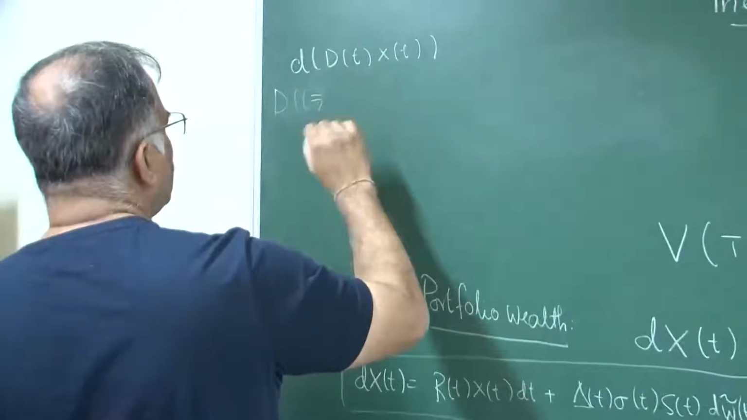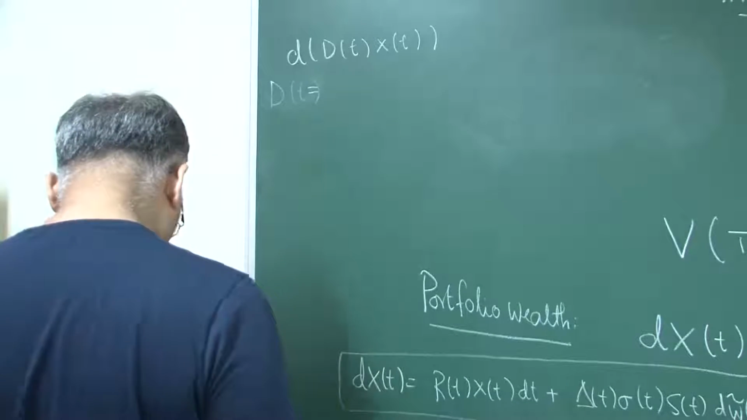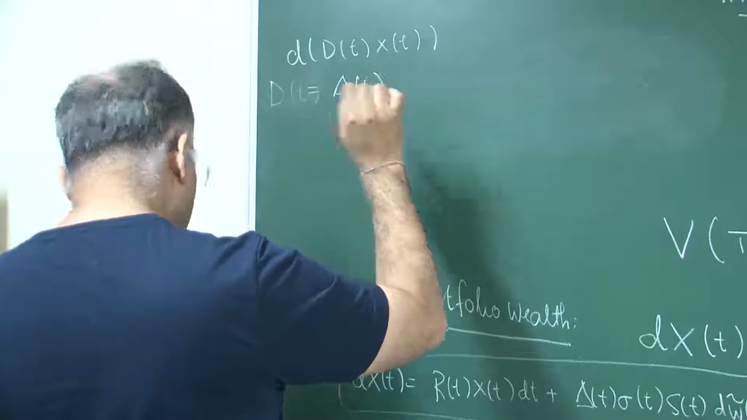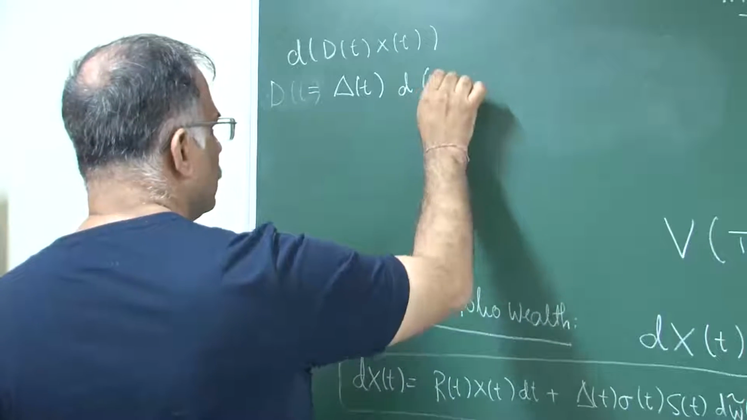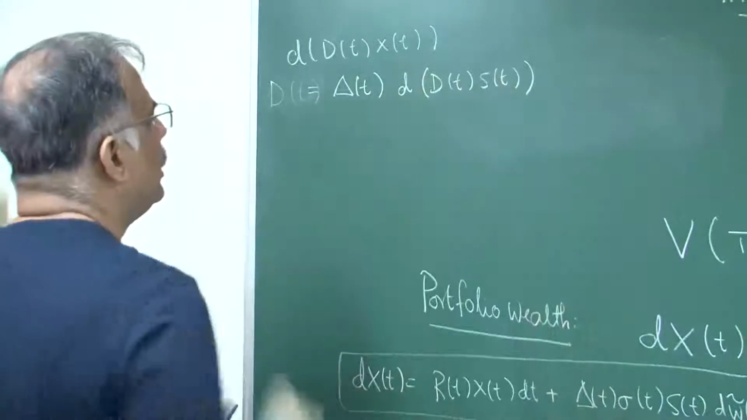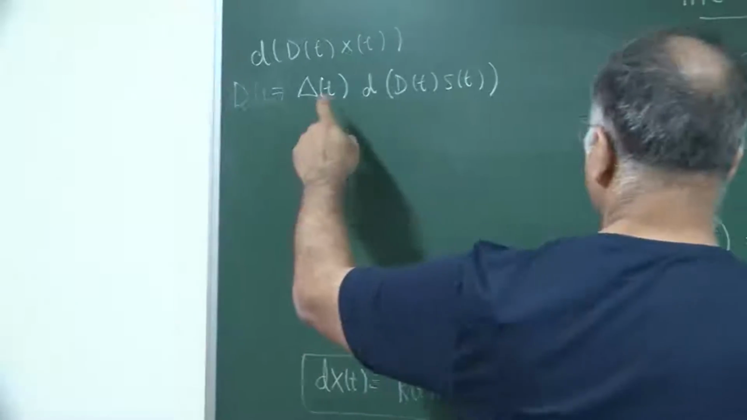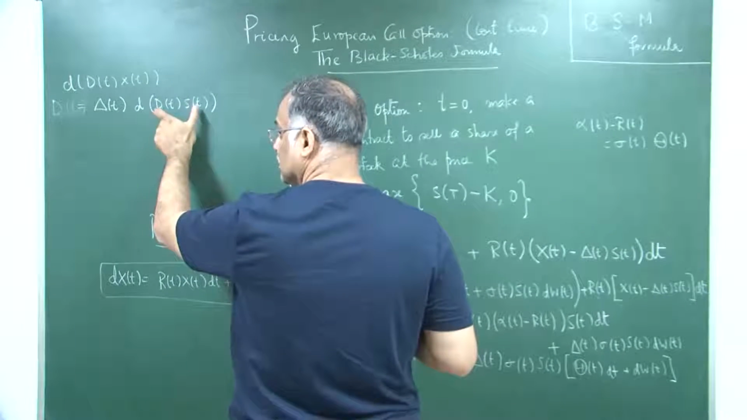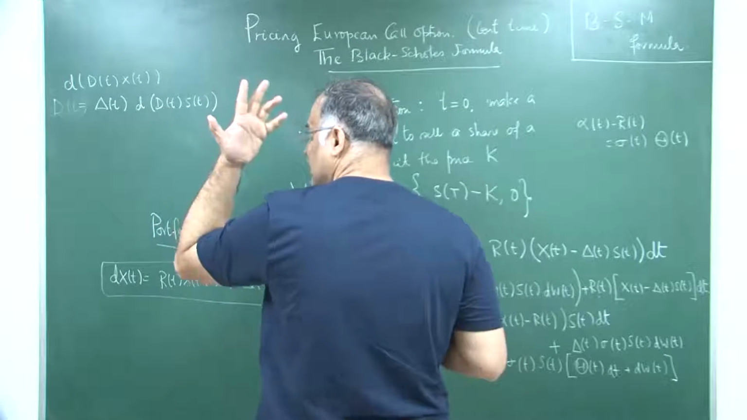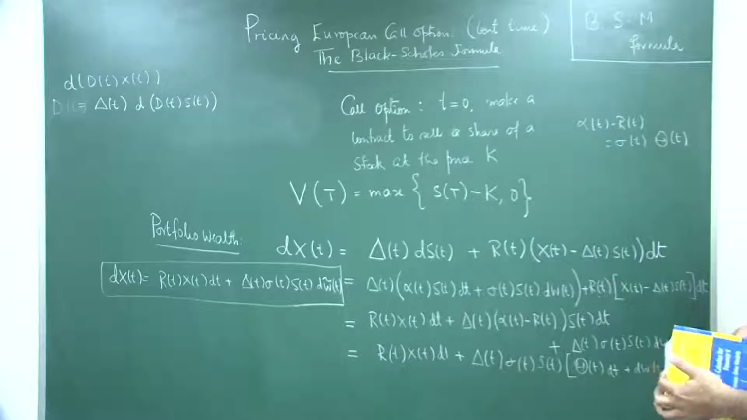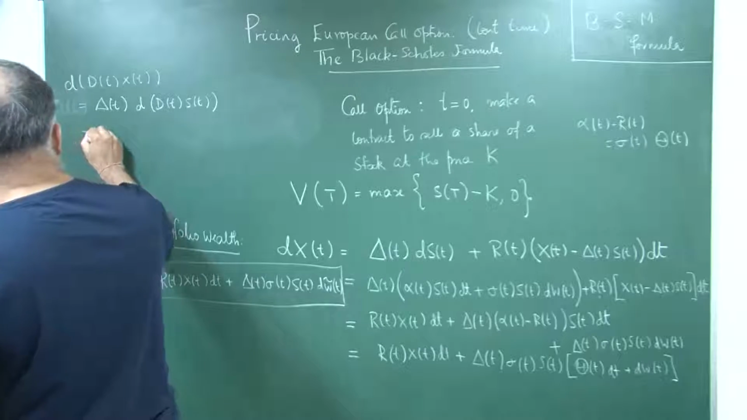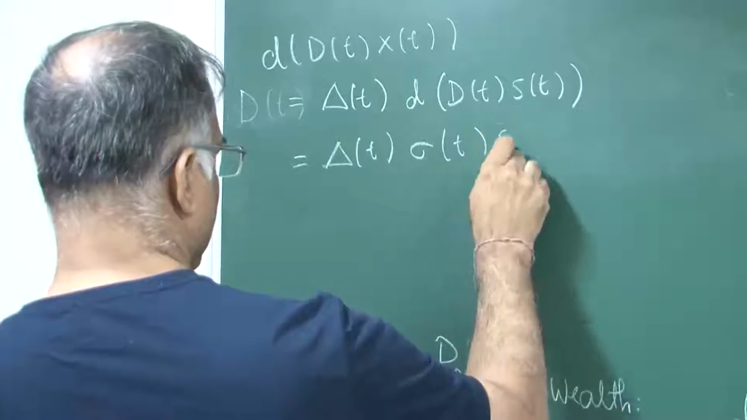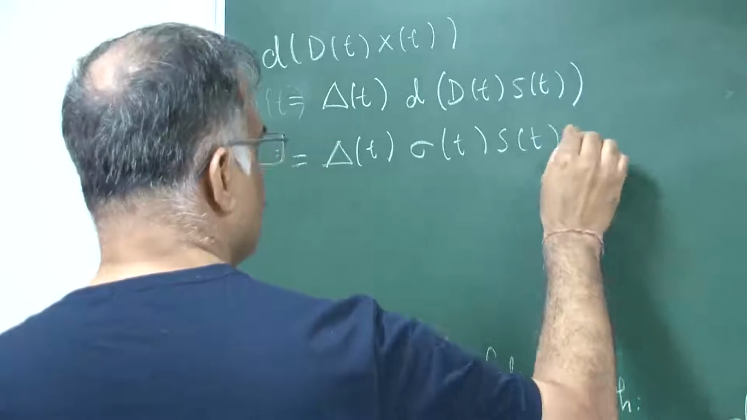Again, I will go by Ito's product rule. If I use Ito's product rule, it will simply come out to be delta t d of D t S t. I am just writing the result because I do not have so much time. So, if you remember, this is exactly what we had in the discrete case. The wealth process is nothing but the amount of shares into the discounted stock price. This is exactly what we had, just remember that result. Now, what is this? We know that this is nothing but sigma t S t dt